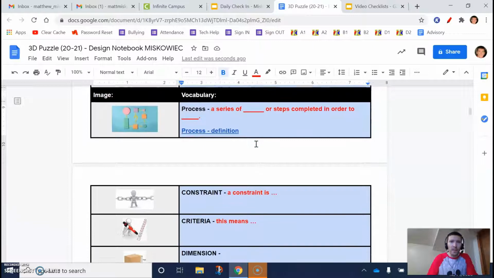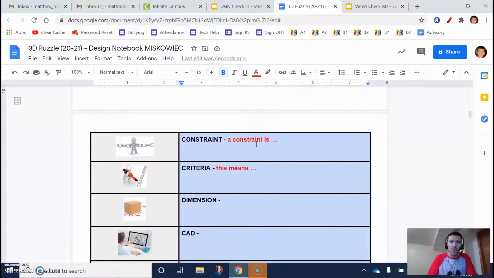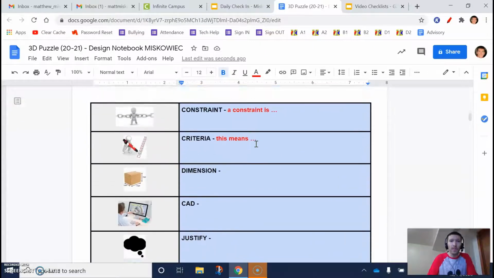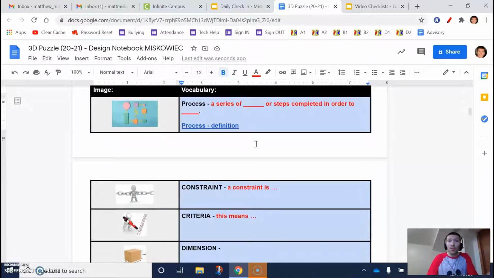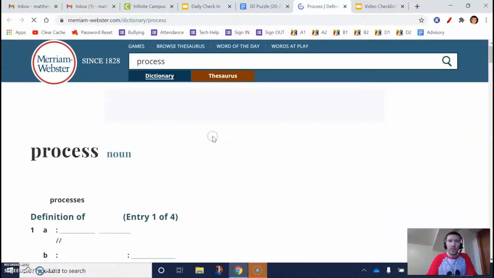And for the main activity now, we are at vocabulary. I believe there are 7 words. Look them up. Even if you think you know what it is just by memory, look up the definition and then put it in your own words. For the first one here, we've already put a link in for you. It says process, and we have to look up what that definition is. So when you click on this link right here,